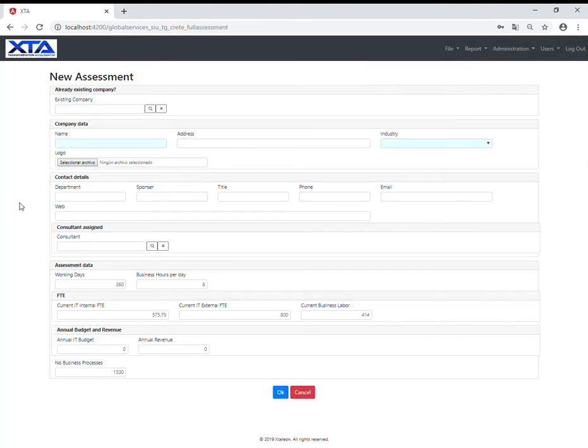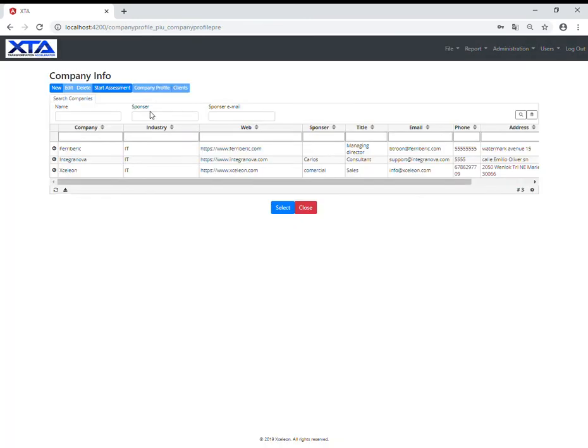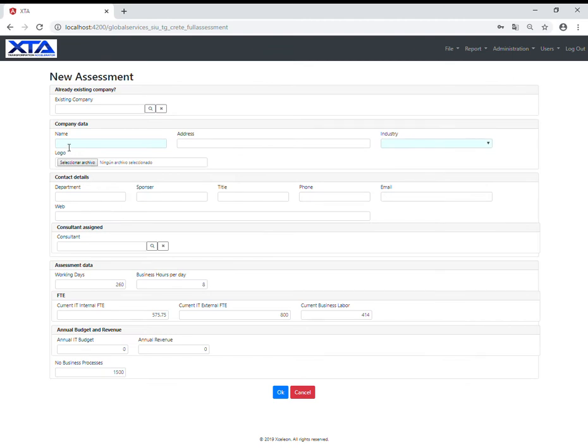As you can see, we have three different areas. We could choose an already existing company, if the company was already in our system or we wanted to do a new assessment for it. Or if it was a new assessment for a new company, we could